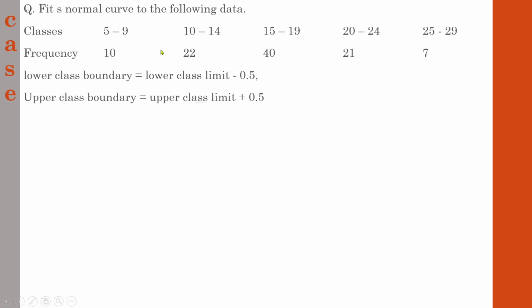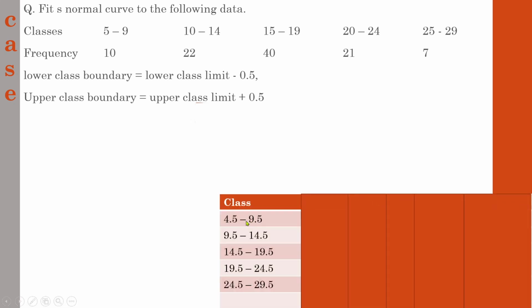Likewise, let us write down all these data in actual continuous form in a tabular form. So it will be like this. The new classes will be 4.5 to 9.5, 9.5 to 14.5, like that until 29.5. You may be familiar with these steps because you have learned them in some part of the third sem and also in your statistics classes in earlier years. So this is how you have to deal with the class limit arrangement.